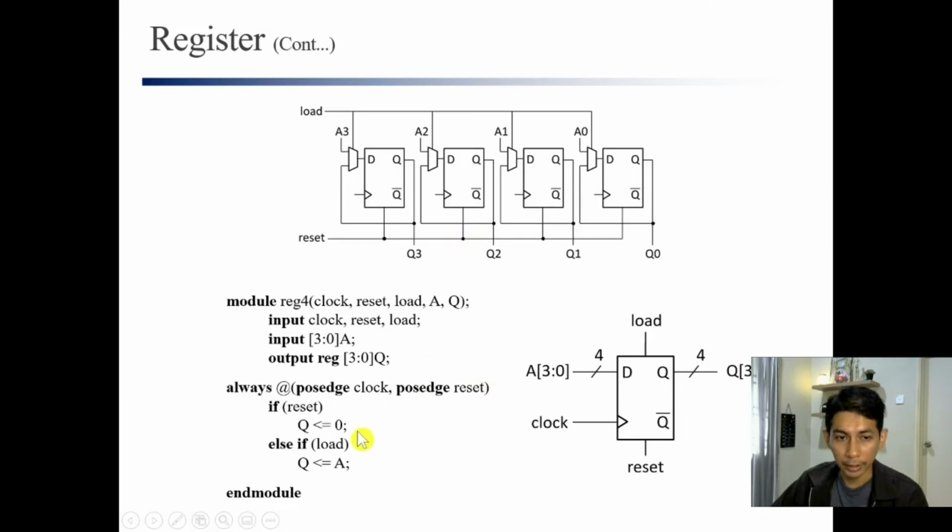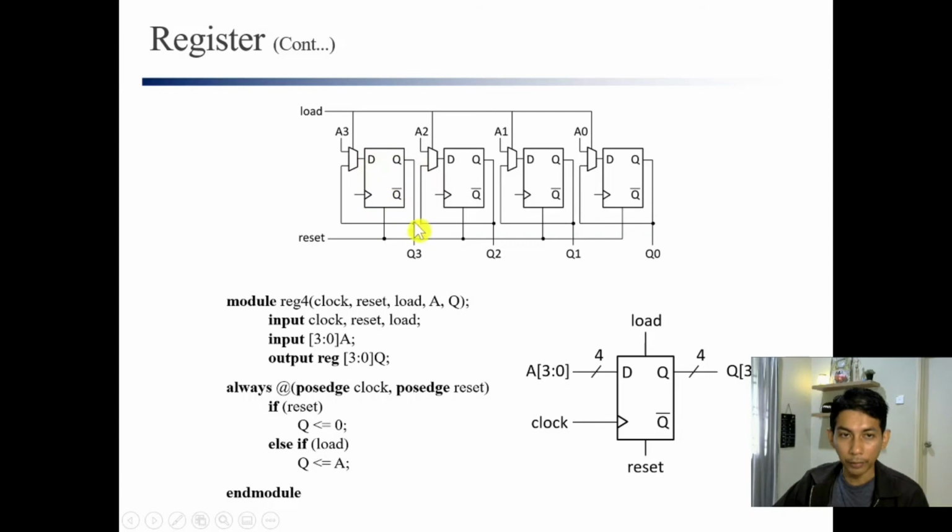So we have reset signal, and if reset, Q will equal to 0, means that if reset is equal to 1 or active, the output Q here should be equal to 0, right? When we reset the register or we reset the flip-flops, the output of the flip-flop or register must be 0. And if reset is not active, in this case reset is equal to 0,